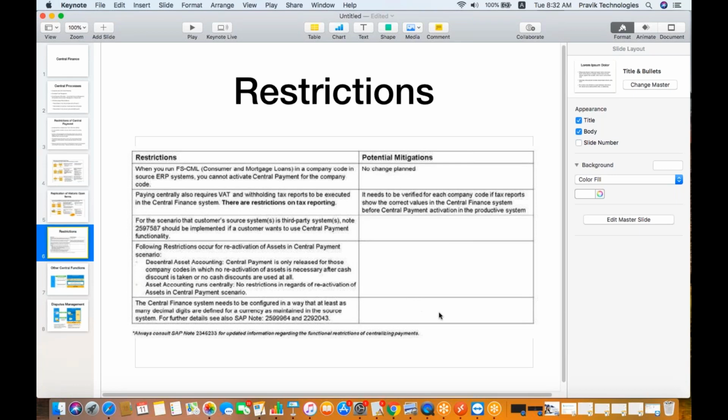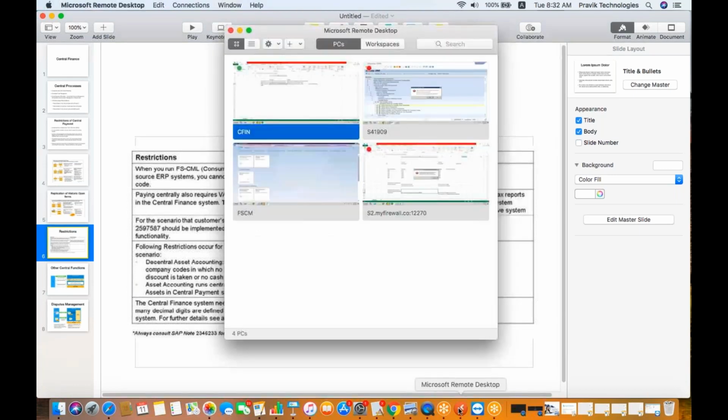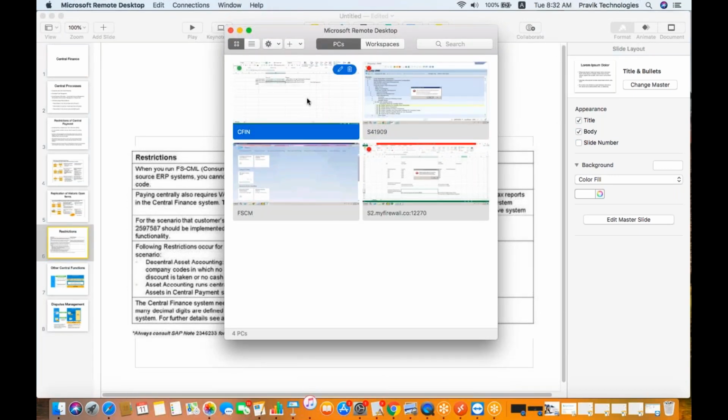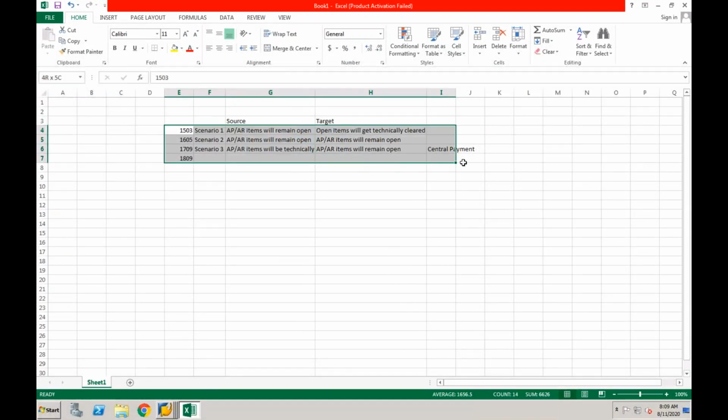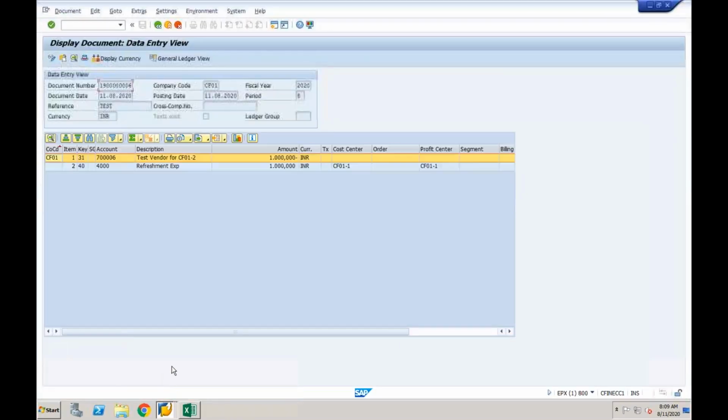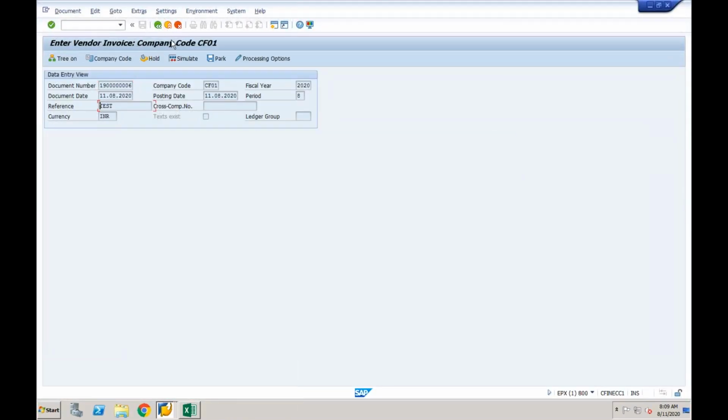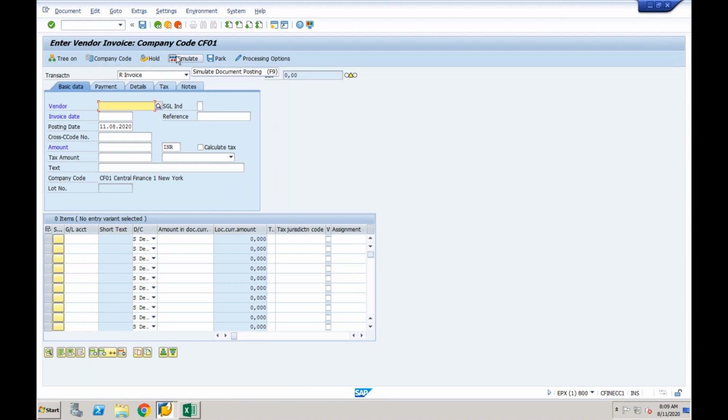Okay, so I think by now you understood what exactly central payment is. Number one, you understood what central payment is. Number two, you understood that central payment is not available like other functionalities. Other functionalities are already delivered by SAP. The central payment functionality is also delivered, but it is not something a customer can directly go and implement